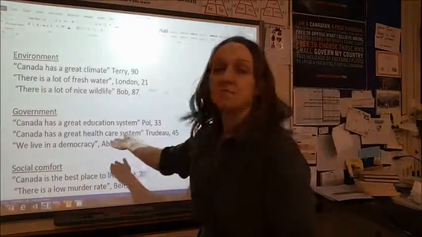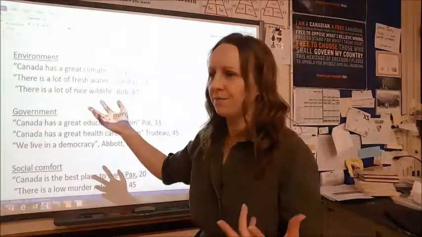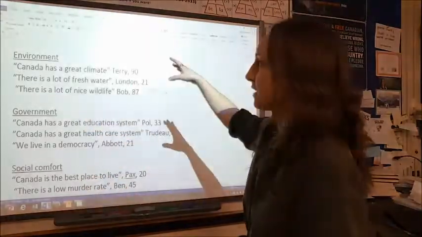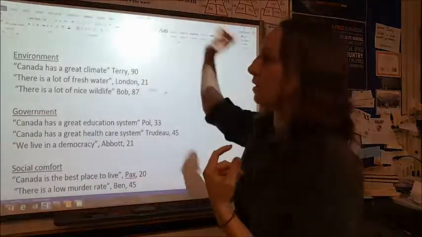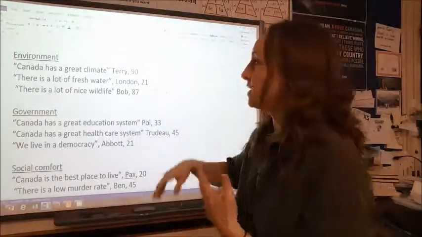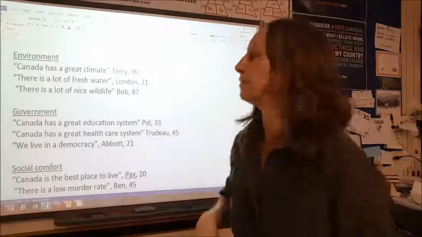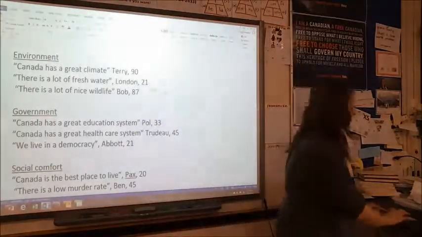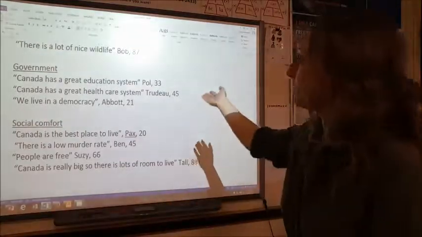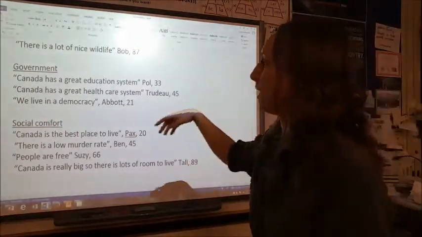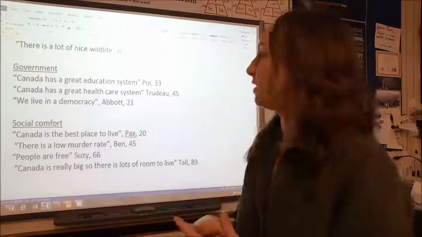So now I've played around with it. This is our step 4, 3, who cares what number it is. But this is our next step. So remember, we start with our fact finding. That's step number 1. Step number 2 is we try and organize it into chunks. Step number 3 is now we organize within the chunks. Okay? So now let's look at our government. Let's just say Canada has a great education system, Canada has a great healthcare system, and we live in a democracy. Again,